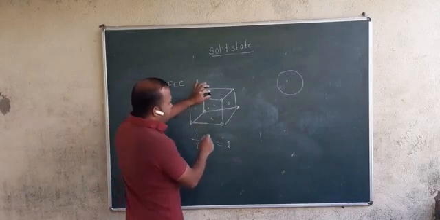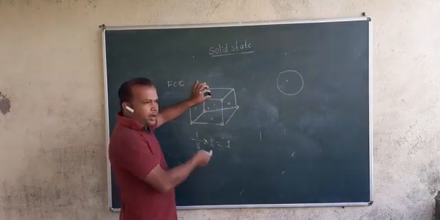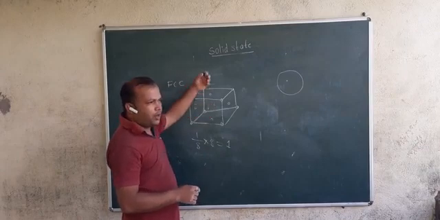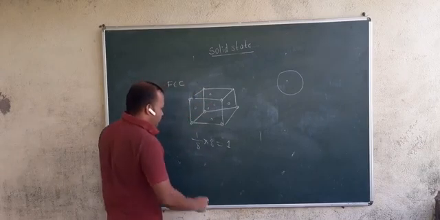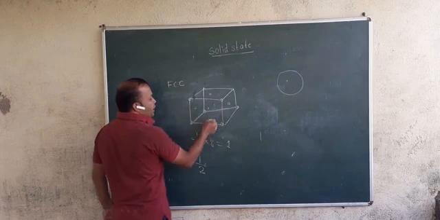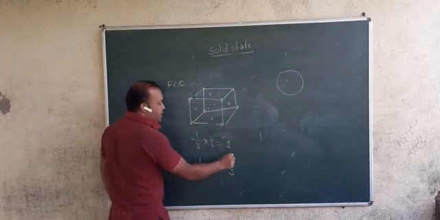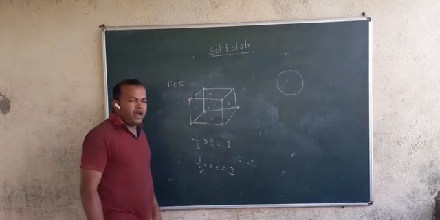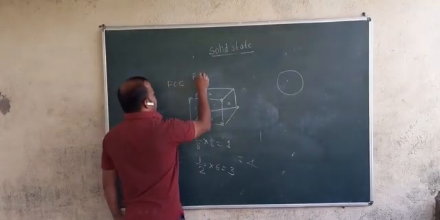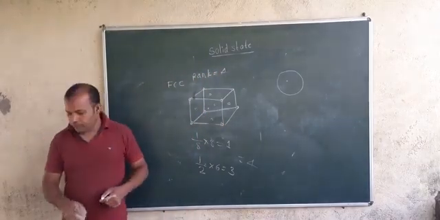So this constituent particle here I am keeping. Half of the constituent particle will be inside that cube and half will be in the upper cube. So half part will belong to this cube and the other half to the upper cube. Means the contribution is half. And like this, how many faces are there? 1, 2, 3, 4, 5, 6. So 6 faces, so it will be 3. So 3 plus 1 is equal to 4. So if the rank of FCC is asked, the rank of FCC is 4. Okay, students.